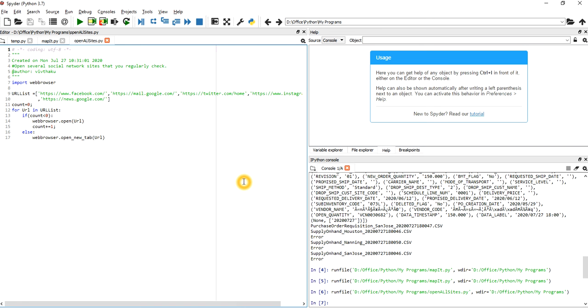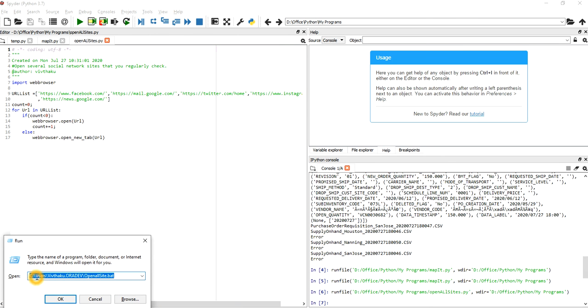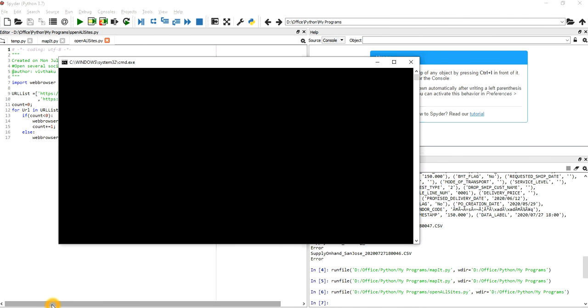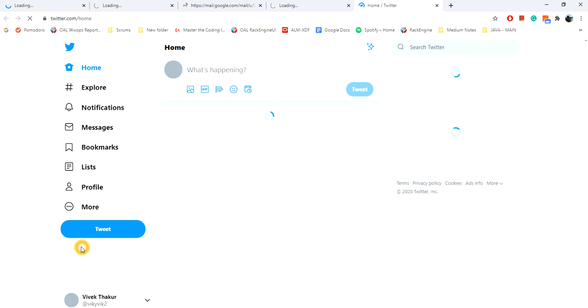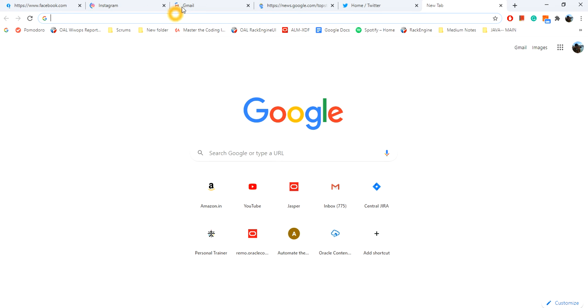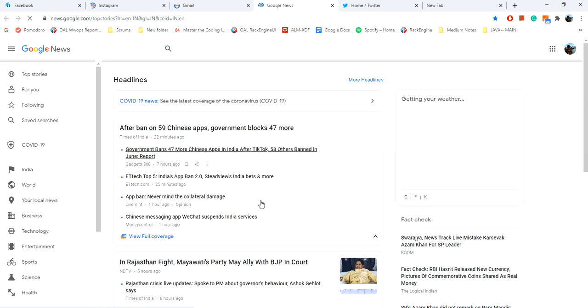As you remember, we also had practice on the first program of our Automate the Boring Stuff. What we practiced is making a batch file. So what a batch file does is, if you see, I'll press Windows R. I have already put it in a batch file. I'll just press enter and it will do the task for me very easily. I just have to do Windows R and enter, and it will open everything for me. I don't want to show you my Twitter, so I'll just skip it for now. So if you see, it has opened everything for me.